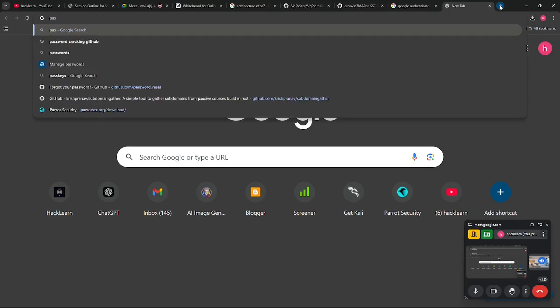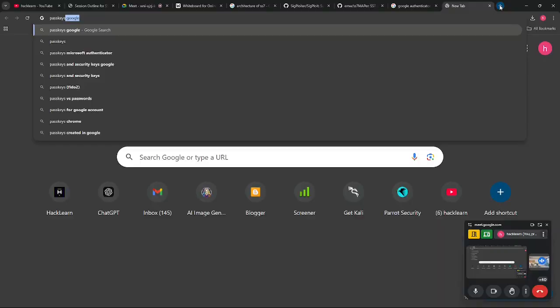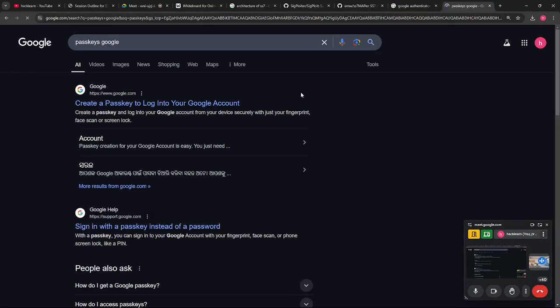And if you are not willing to do that, then instead of putting a password, try to use passkeys. This will also help you, so create a passkey for your Google account and all, because every single day I get at least 5 to 6 messages regarding Google account compromise, Facebook account compromise, SMS compromise and all. So if you don't want to get compromised over the internet, try to use passkeys.